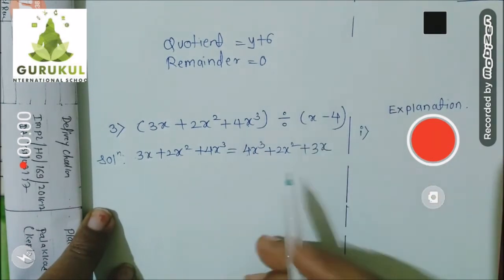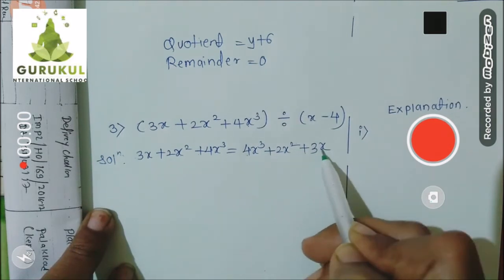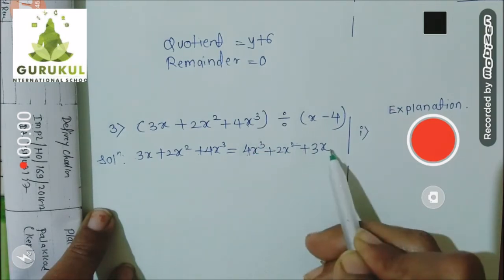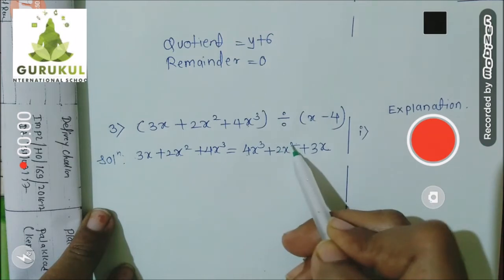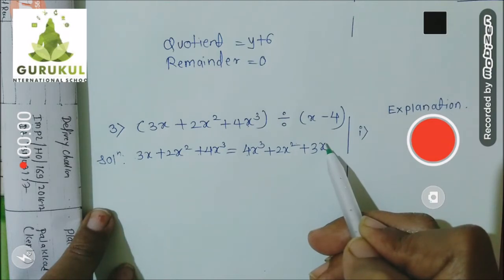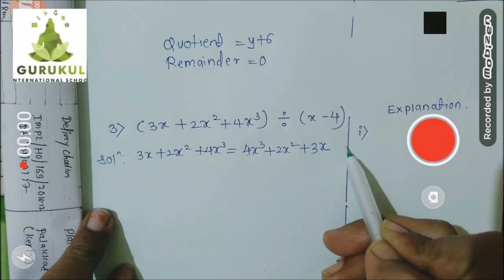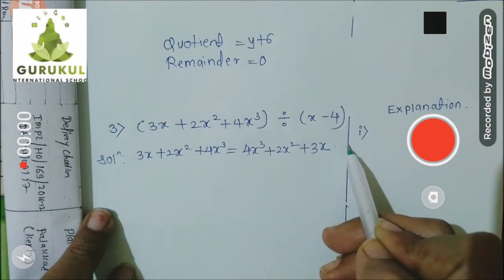So now have you checked? x raised to 3, then x raised to 2, and this is x raised to 1. 3, 2, 1. They are arranged in descending order of power. After 3, index 2 comes. After 2, index 1 is coming. It means there is no missing term. Yes, of course, you can add the last constant number as 0. But if you don't add, then too it is okay because it's the last term.